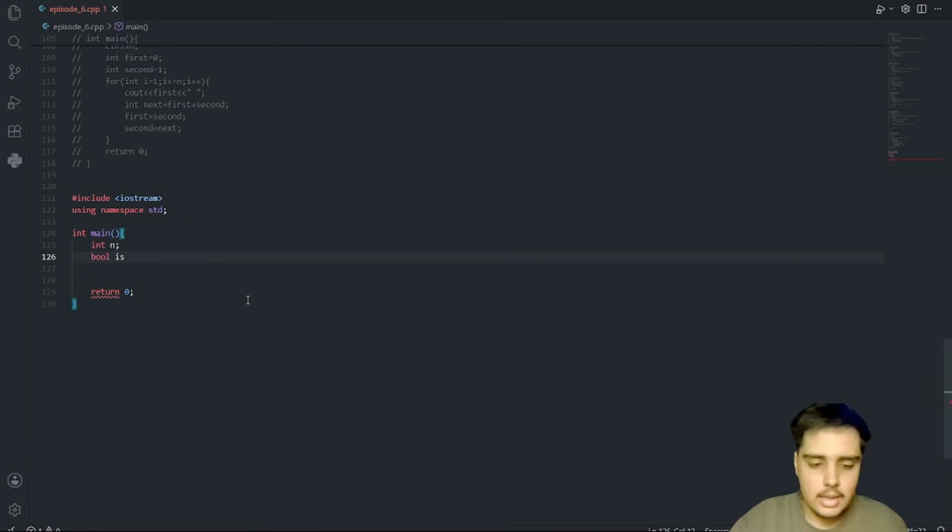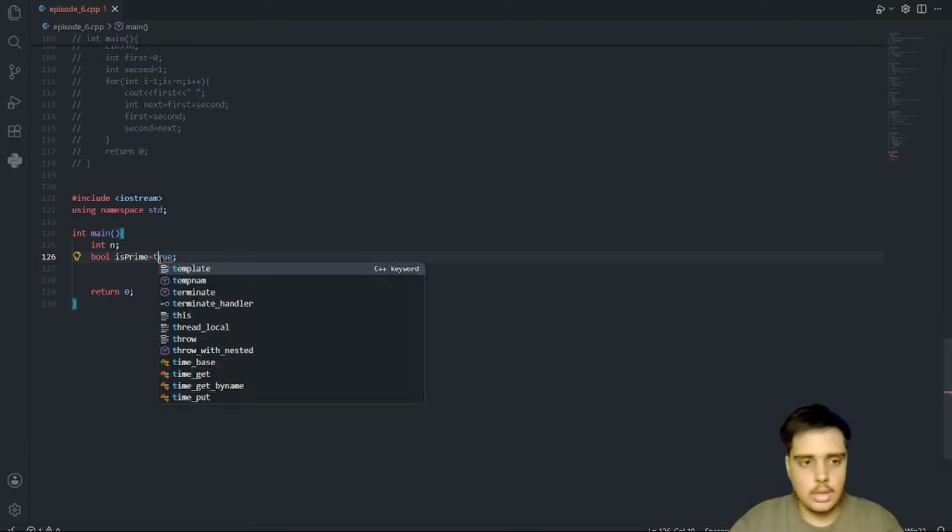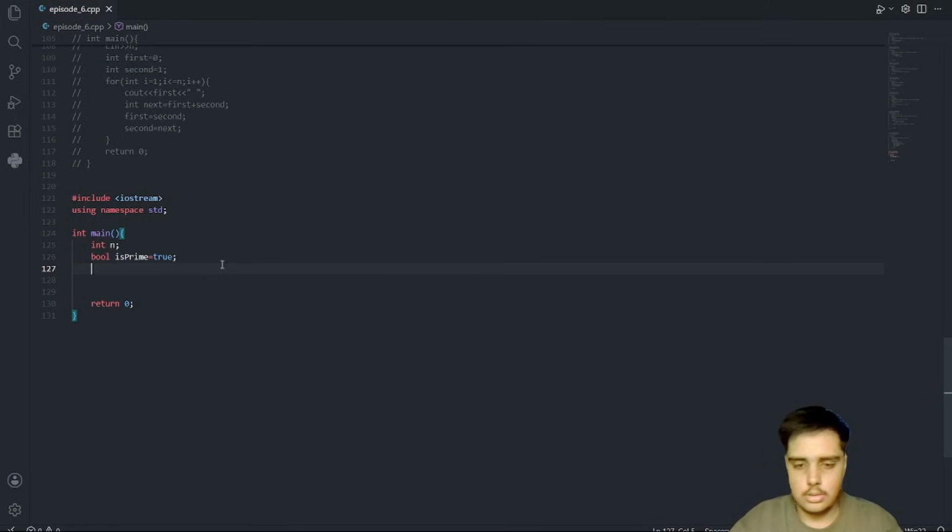So if I say isPrime is equal to true here, I should use true with a normal t. So coming to the next line, we will say cout. I will ask the user to enter a number.